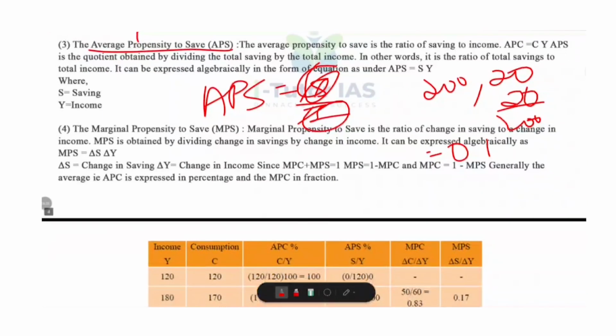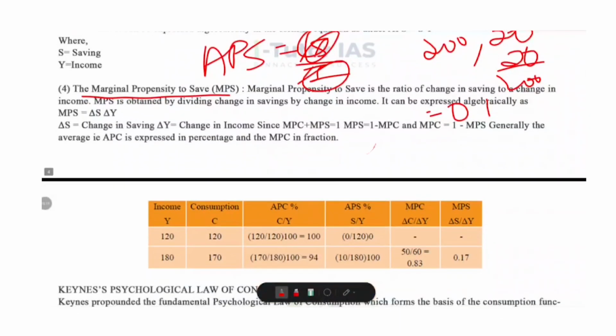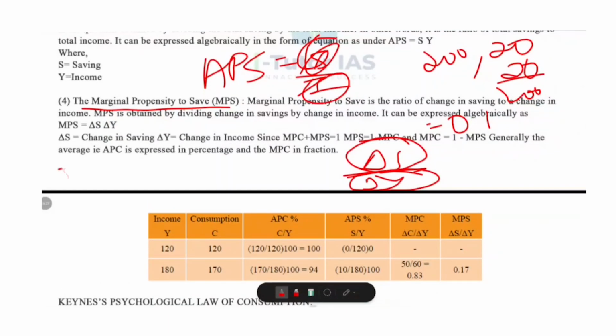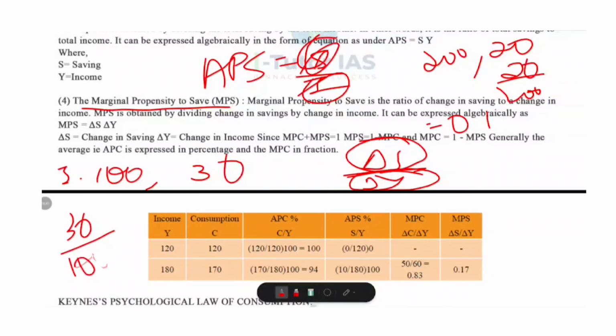Okay. Now, marginal propensity to save, MPS. This MPS shows how much saving changes when income changes. And what is its formula? Delta S by delta Y, where delta S means change in savings and delta Y means change in income. Let me tell you an example. If income increases by 100 and saving increases by 30, what is MPS here? 30 divided by 100, that is equal to